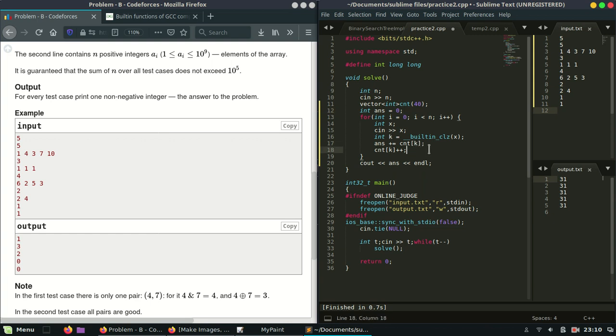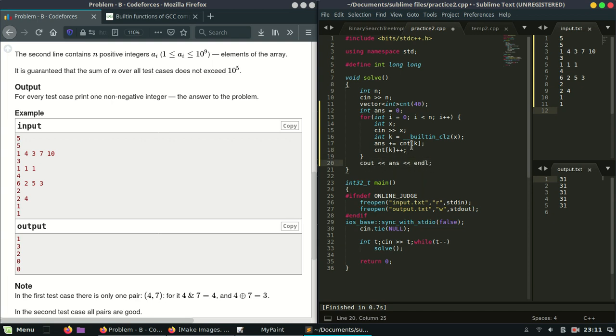Initially it will have zeros, so we add 0, and after that we increment that place by one. We go step by step, and the number of times we increment that place means that many pairs we can get at that time. So this was the logic for this problem, and at the end we will print the answer.